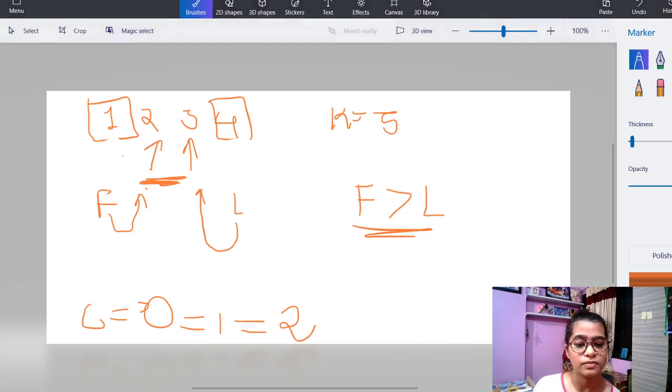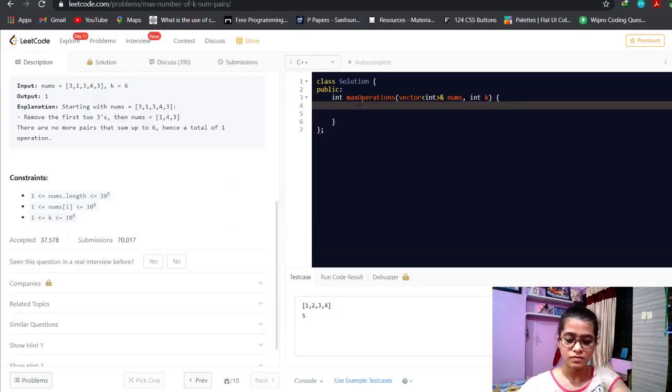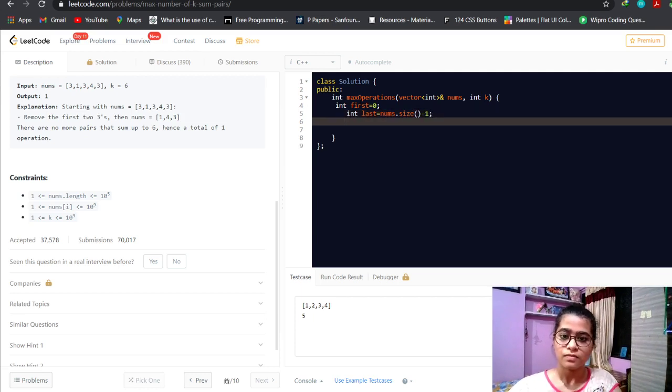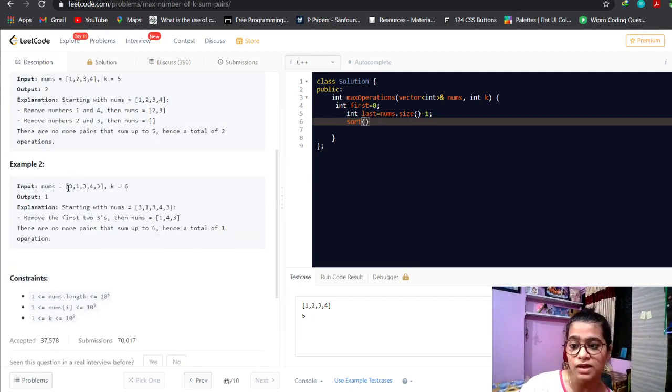Now let's code it. We will take two variables, first and last. And then we will sort the array because random numbers are given. It is an unsorted array, and if we sort the array, our question will become easy to traverse.